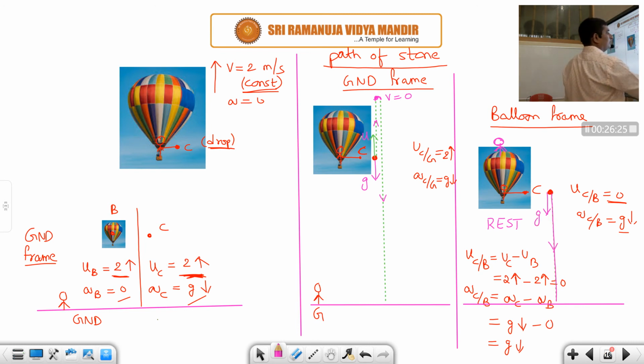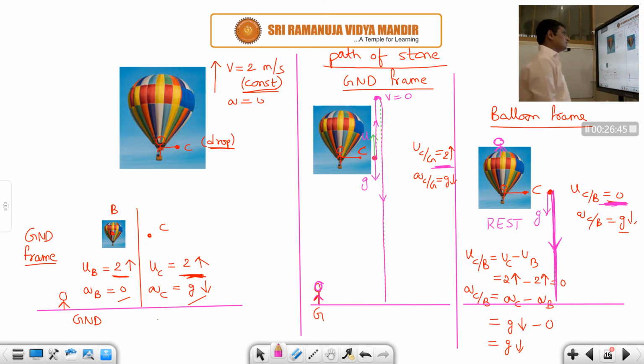This is g and initial velocity is 0. So therefore this is the path of the ball. It will go straight line. If you see from balloon, it is a straight line. If you see from ground, it will first go upwards and then come downwards. Why? Because of this initial velocity. Here there is no initial velocity. That's why it will directly go downwards. Okay, students. So this is what we have done for the first case.